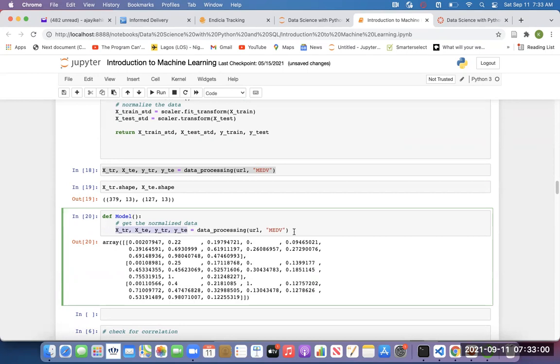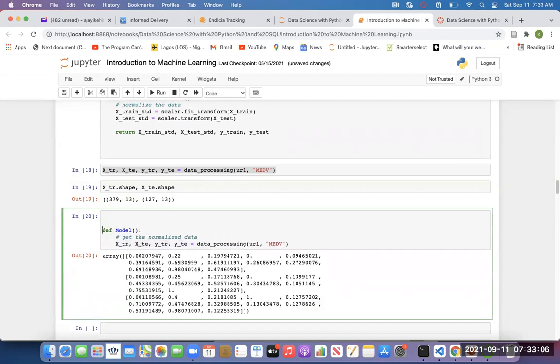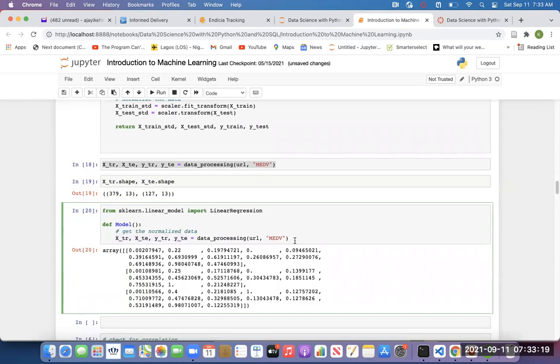This processed data is what we want to pass to the model, but we need to import the model. Since we are using linear regression, we can get that from scikit-learn, from sklearn.linear_model. So we import LinearRegression.